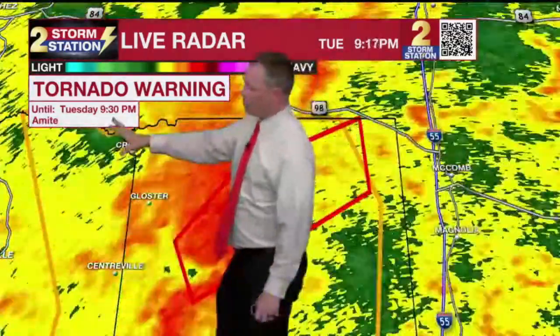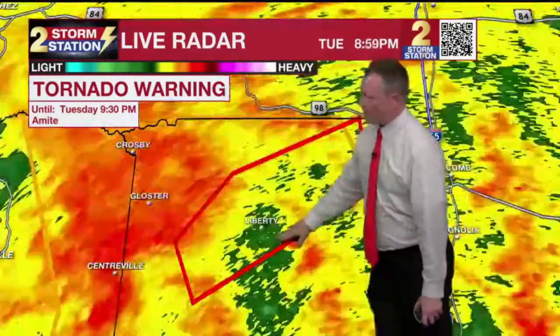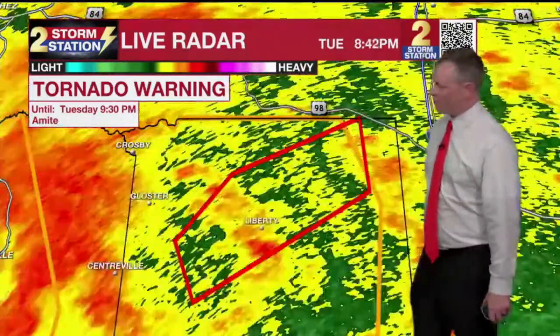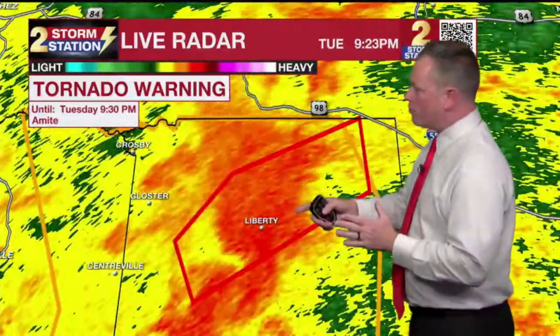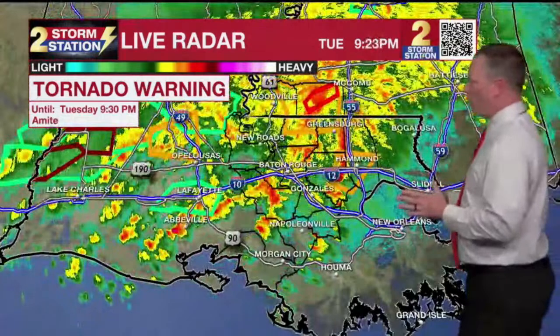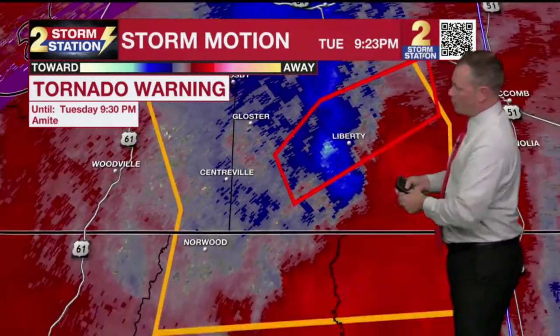We did have a similar situation just to the west of Crosby earlier on, but we know our folks in Liberty right now are counting on the coverage to get through this particular storm cell that's rumbling off to the east. Balin, we can go broader picture real quick, and when you do that, go ahead and turn on the velocity or the storm motion on the broader picture as well, so we can show that really that is the key area of rotation right now,